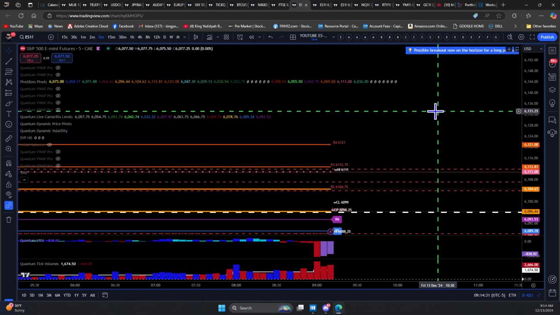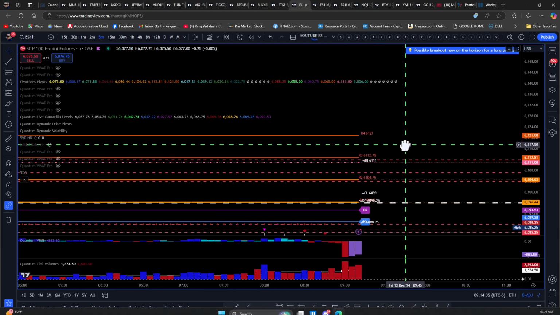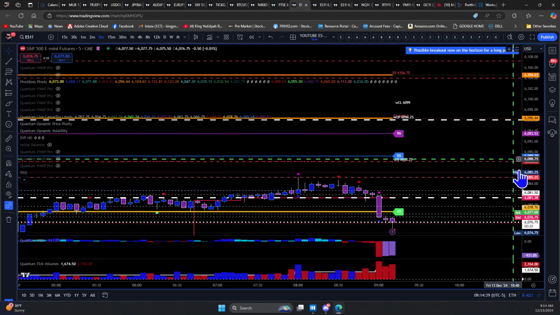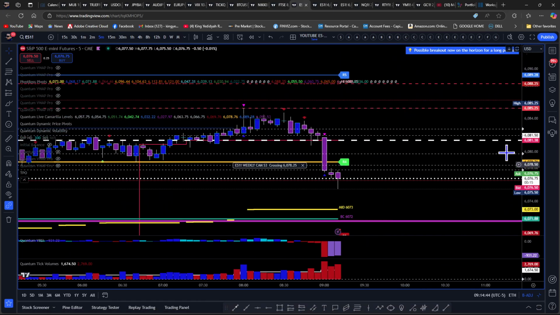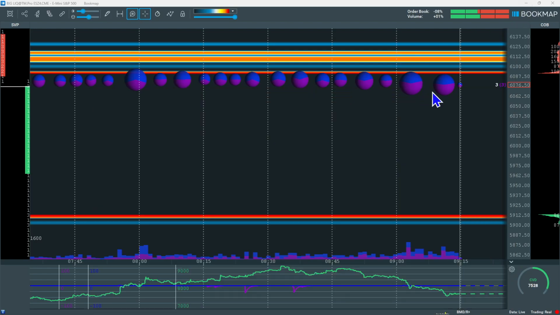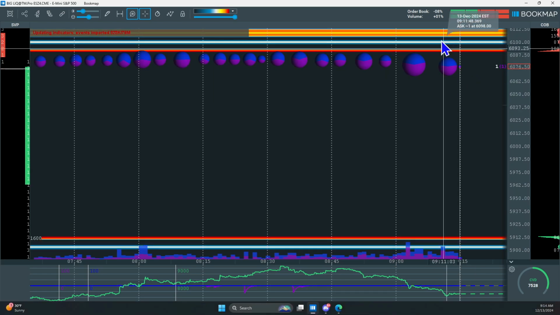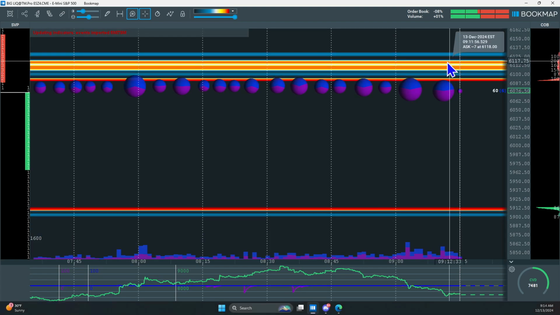So 61.28 will be a bullish run even above floor pivot R4, right? So if we do go bullish to get to those liquidity levels on the offer, I would be starting to take profit around 61.08. Those are liquidity levels, 61.08. Let's see here, another one at 61.18 and then 61.28.